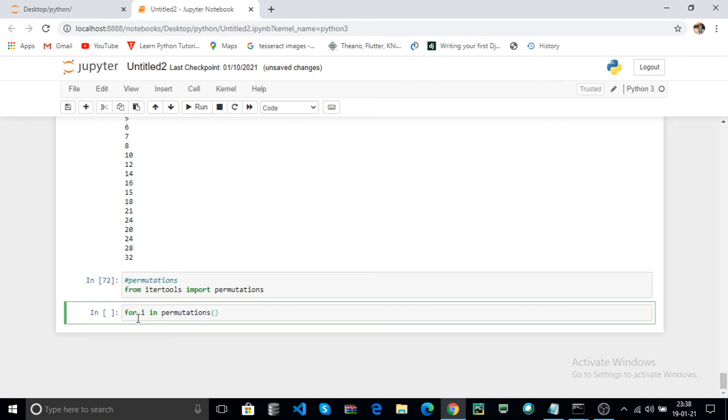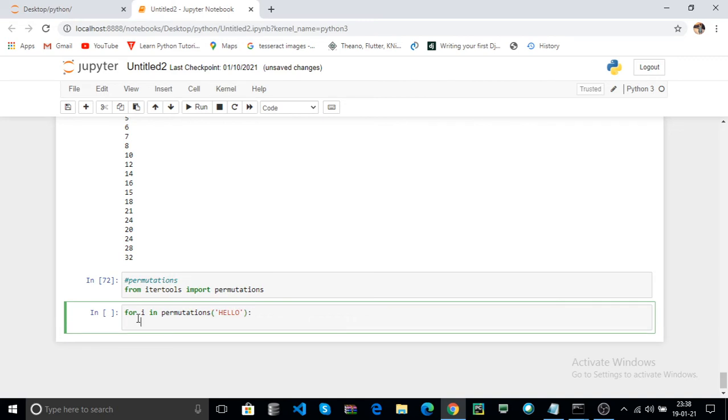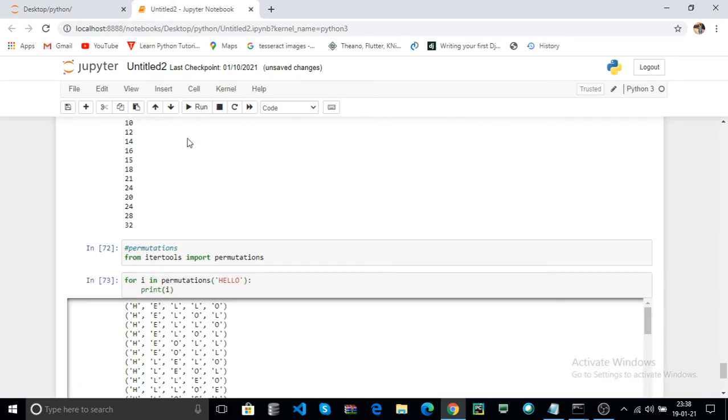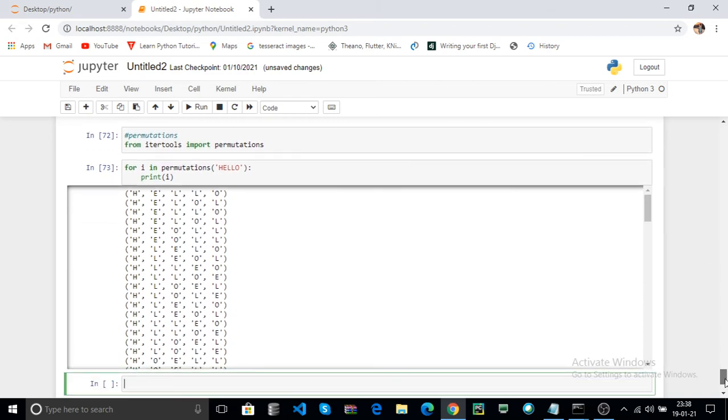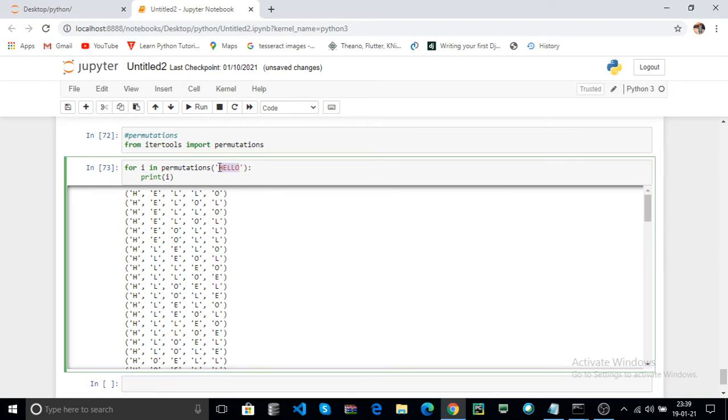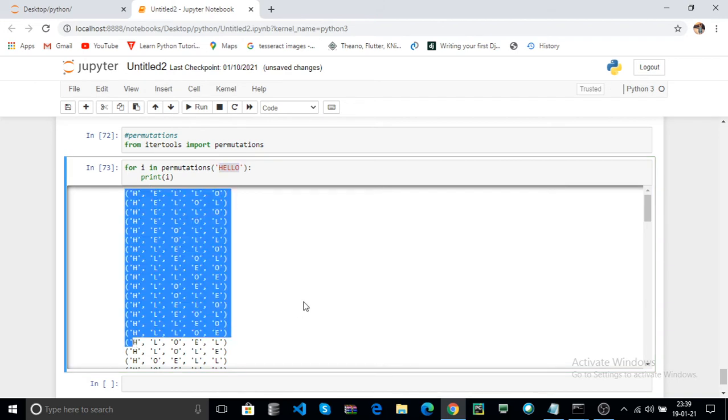Here we can pass any iterable. For example, I pass one string. Print i, click on run. Here what happens? It returns all possible permutations of the given string hello. Here these are all the permutations.